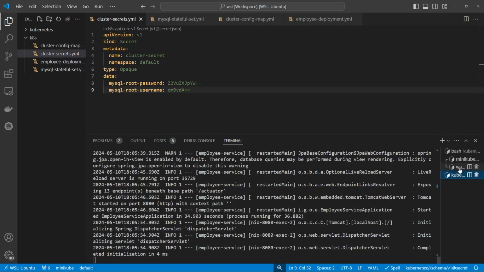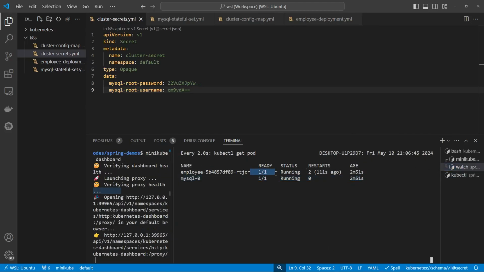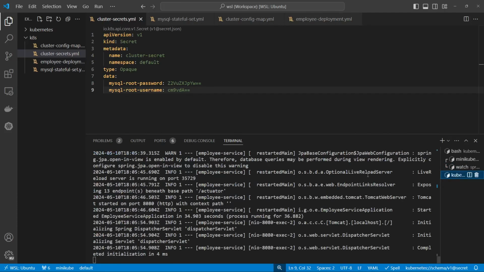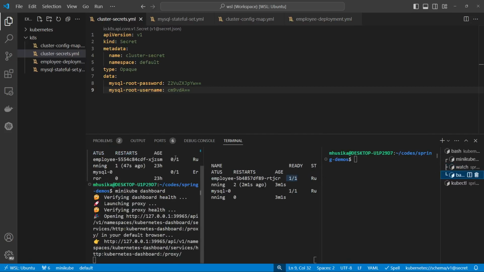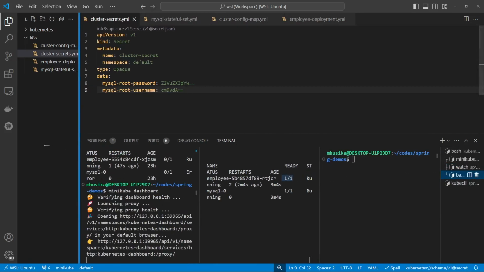So let's check on the watch command. You can see that that is ready to receive traffic, and also this one is ready to receive traffic. Now the next thing I'm going to do is add another terminal so that we can start the other